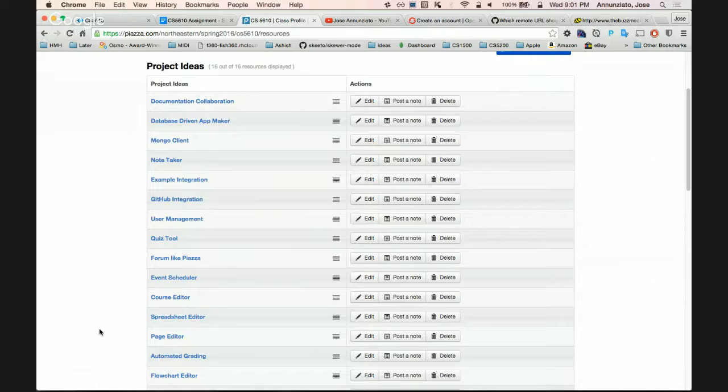You can start wireframing it, or planning what the pages are going to look like and what the navigation is going to look like. You can start doing that today. That proposal won't be due for another couple of weeks, but if you can start working on that right away, start making an appointment with me to talk through the projects. I'd love for you to grab one of these projects. We can work together. I'll talk more about the project ideas next week.